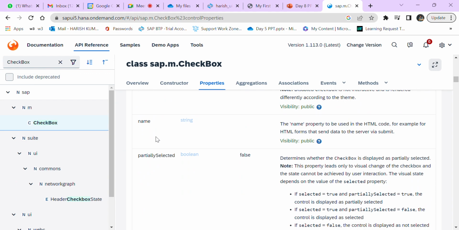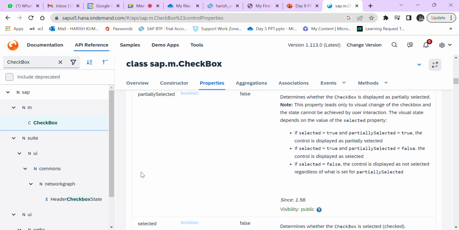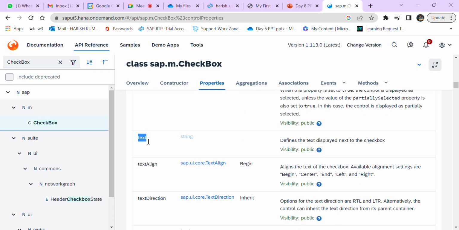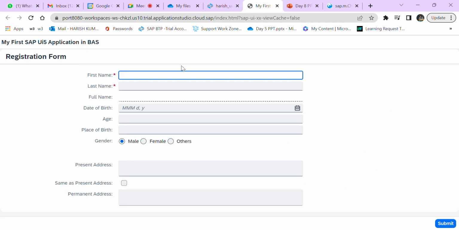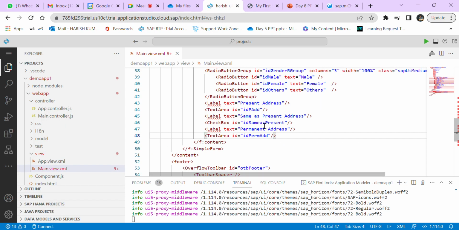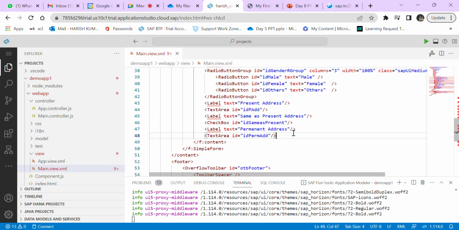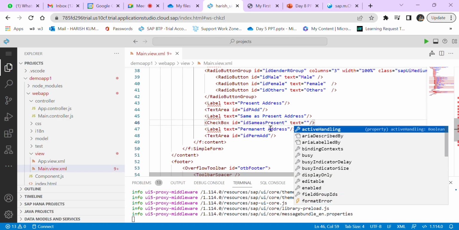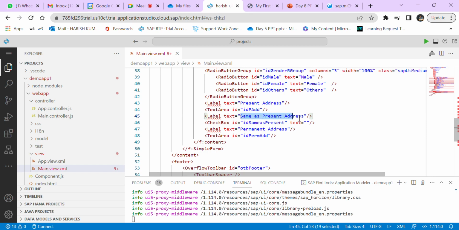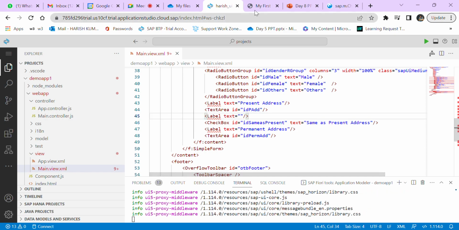Editable, enabled, name, selected, text. Okay, you can give the text. So if you see here, it's giving here, but we don't want it here, it should be after this checkbox. So a checkbox has a property called text, where you can give the text. So I'm copying this one, same as present address, and I'm removing this text. Okay,